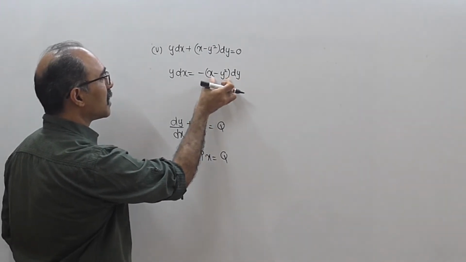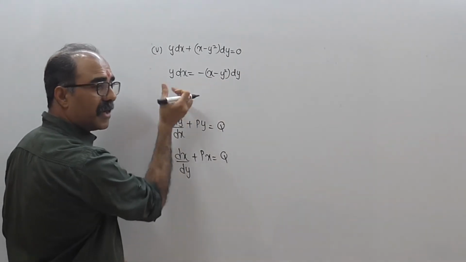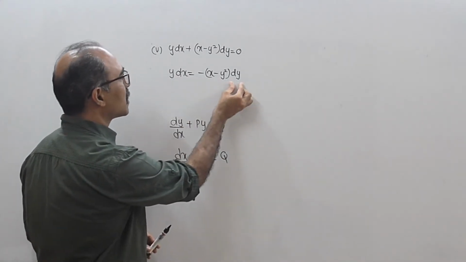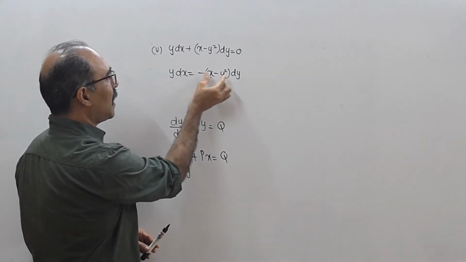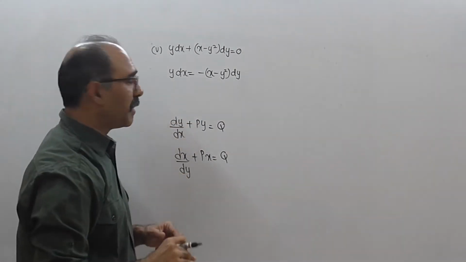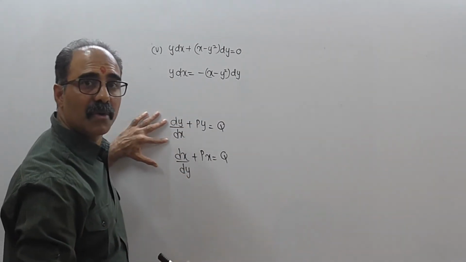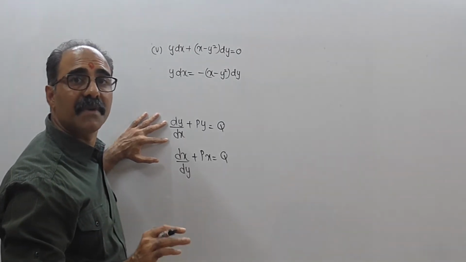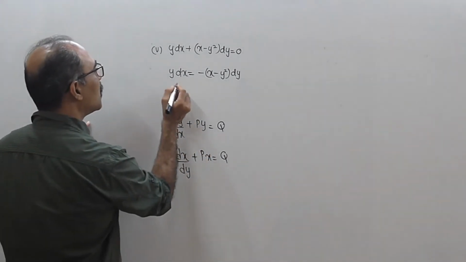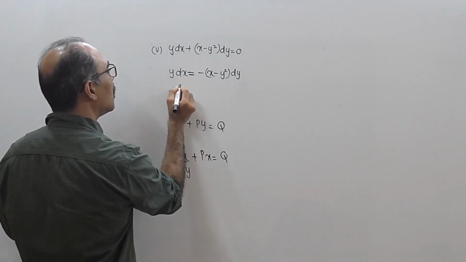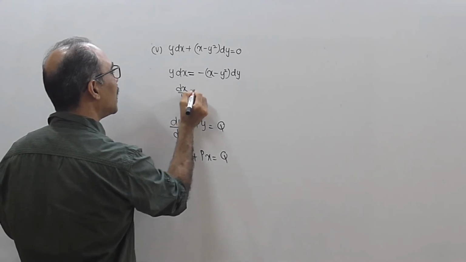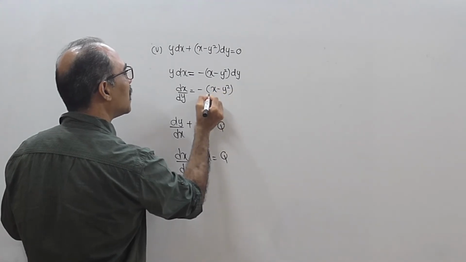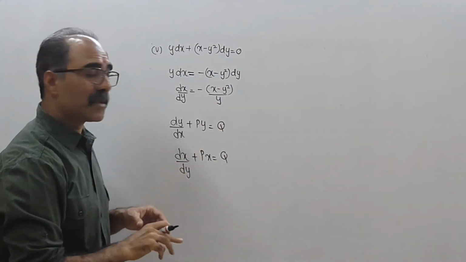It should be dy by dx. So what I will have to do is I will have to get this to the denominator. It is not possible to solve that way. You can try it. Take this dx down and then take x minus y square down here, and then try to make it in the form of dy by dx plus py equal to q. Try. If you are able to do it, highly appreciated. But to the best of your knowledge, that will make your sum very complicated. Don't do it. So what I will do is I will try to make dx by dy equal to minus x minus y square upon y. So what will come?